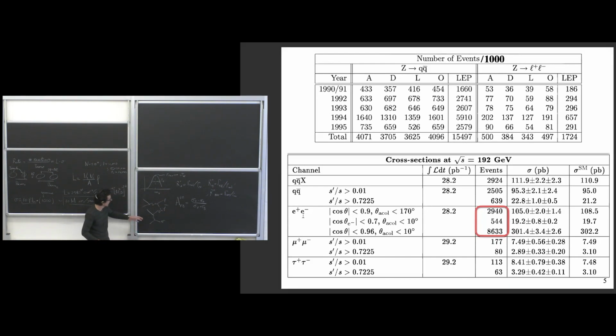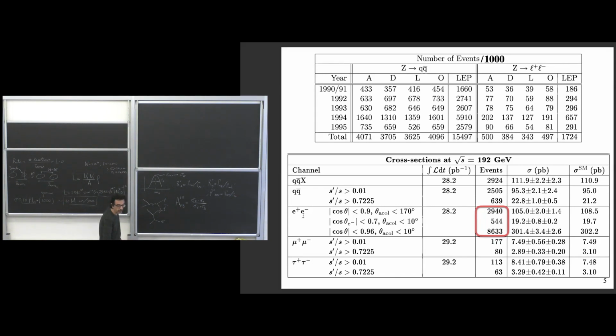And well, these diagrams, in fact, have a huge effect. In the region where these E plus, E minus are produced forward, the T channel propagator is very small because the T Mandelstam variable goes to 0 when the particles are very small. And so this one process, if you look at the total cross-section for E plus, E minus, sorry, this one diagram, not the process, it dominates by far when you are in the forward region,